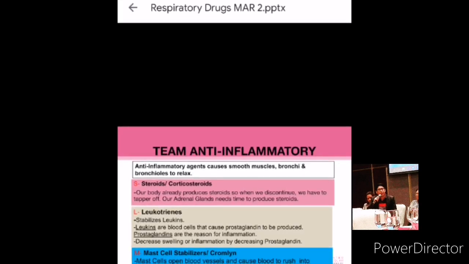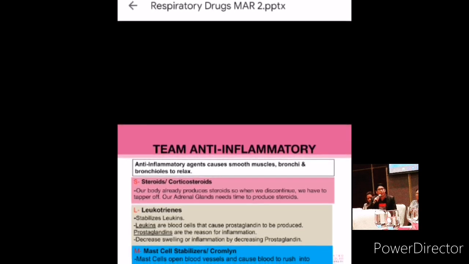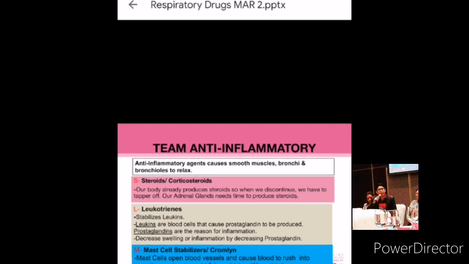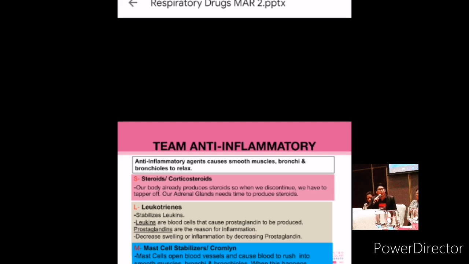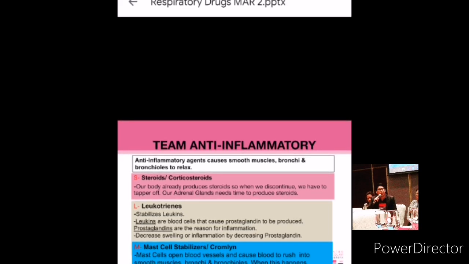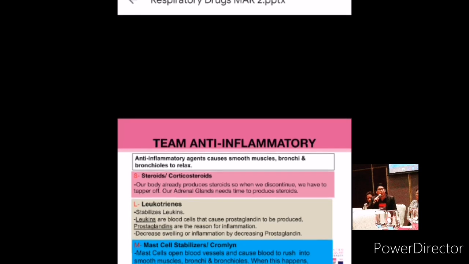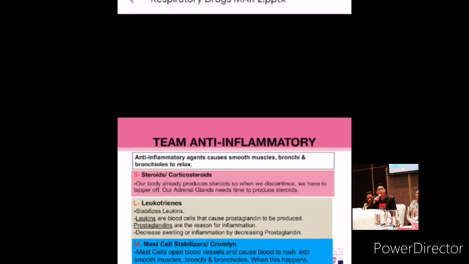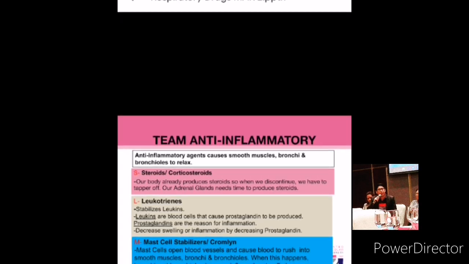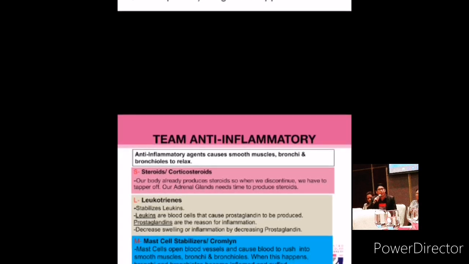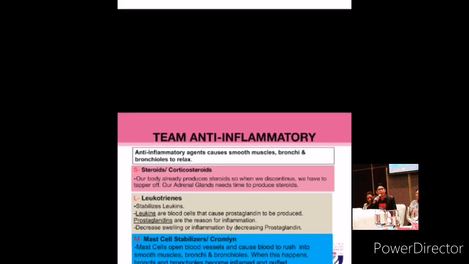Team anti-inflammatory. From the word itself, anti-inflammatory, meaning merong inflammation, anti-inflammation. So it counters the inflammation. Bakit nagkakaroon ng inflammation? Is that normal? Yes. Normal defense ng body yun. Okay? So anti-inflammatory agents cause smooth muscles, bronchi, and bronchioles to relax. However, with the use of